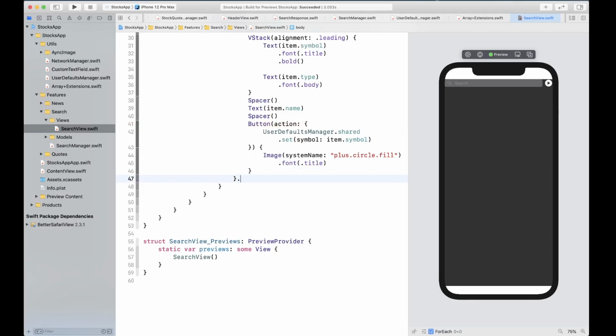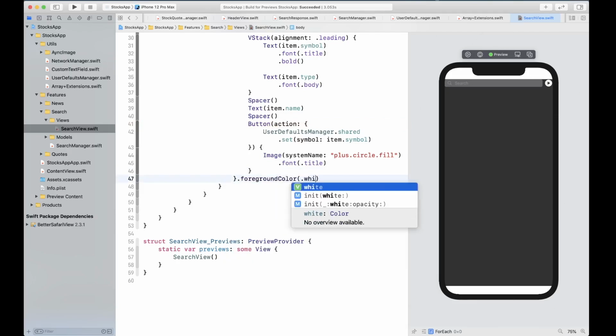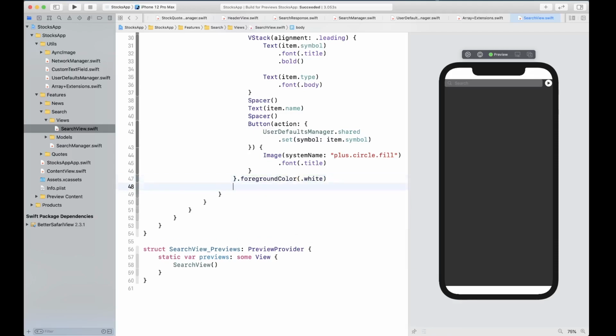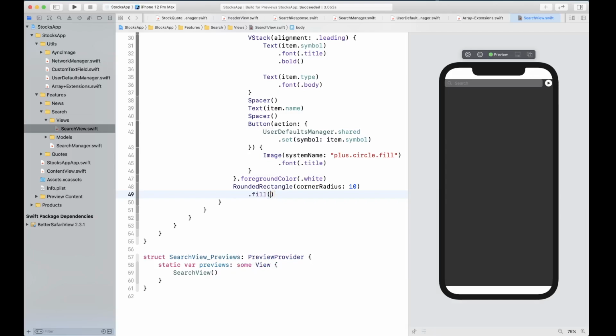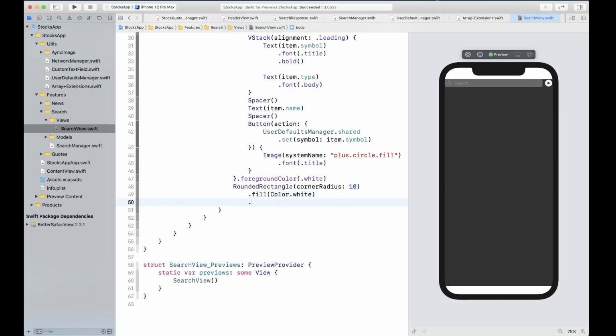We're going to give this a foreground color of white, and then a RoundedRectangle with corner radius of 10, and fill is going to be Color.white, and frame is going to have a height of 1.